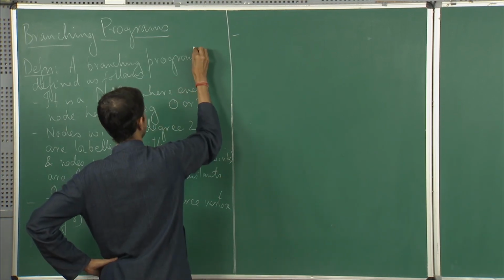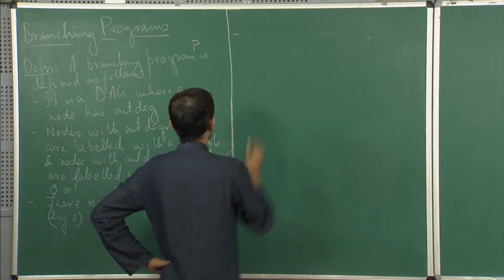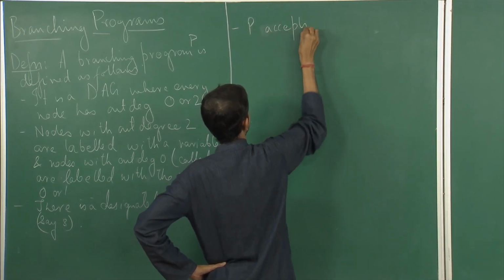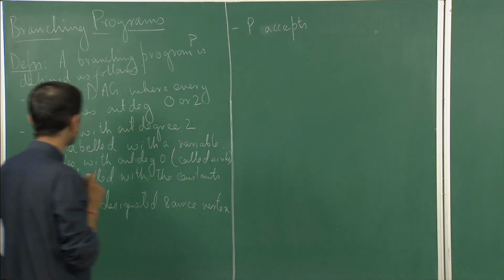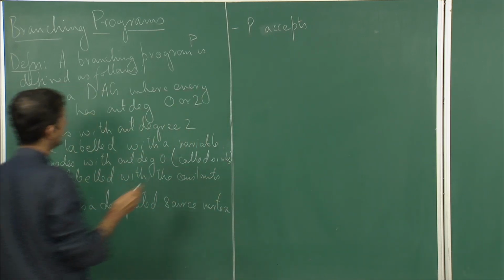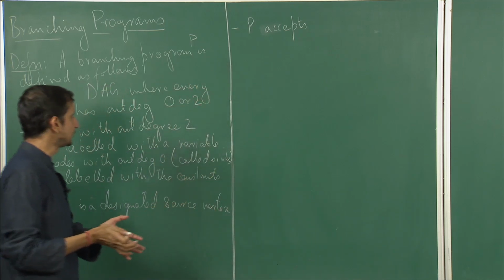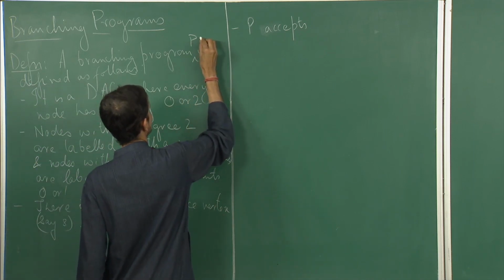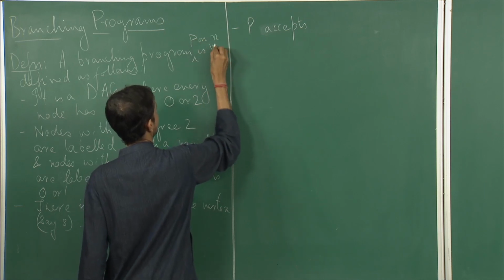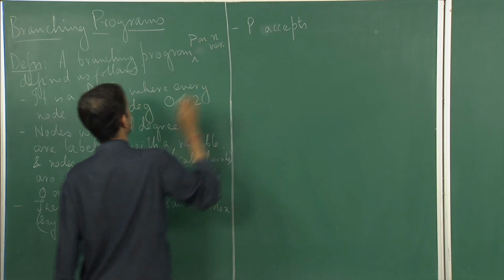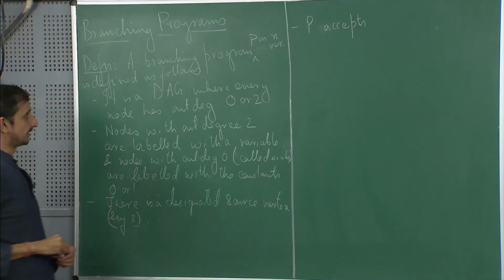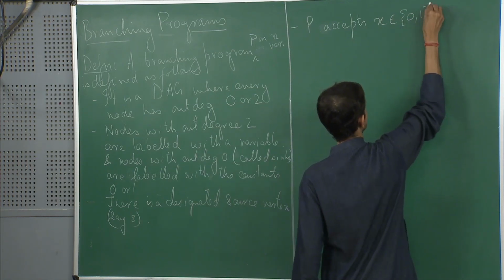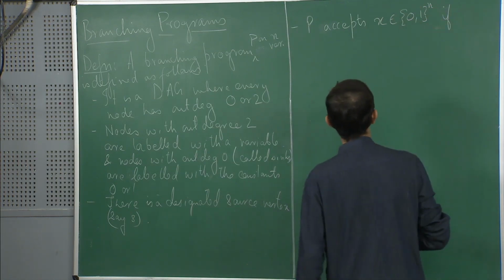A branching program, let's call it P. Maybe I should say one more thing: a branching program P on n variables, because it is a non-uniform model of computation, each program is for a fixed number of variables n. P accepts x belonging to {0,1}^n if